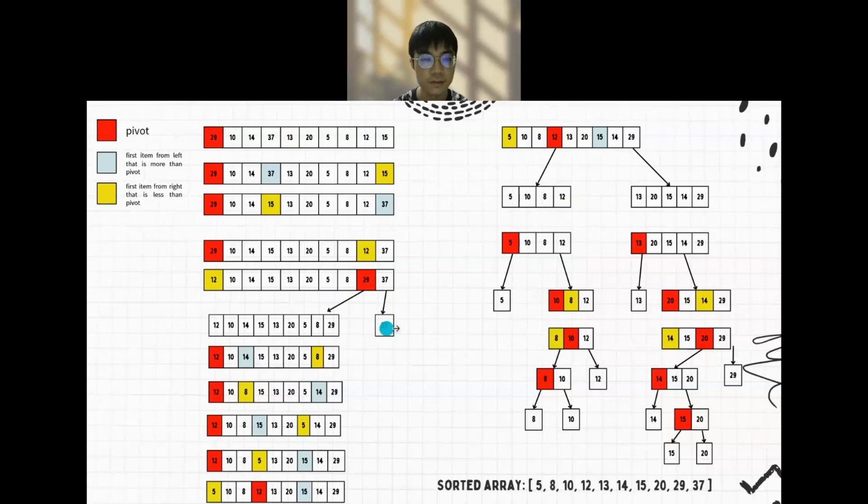Since 37 is left as one item, there is no sorting here. We will see the sorted array here. So we do the same process: set the first element as the pivot, then find the first item from the left that is more than the pivot, which is 14, then the item less than the pivot from the right, which is 8. Then swap their positions, and do the same process until